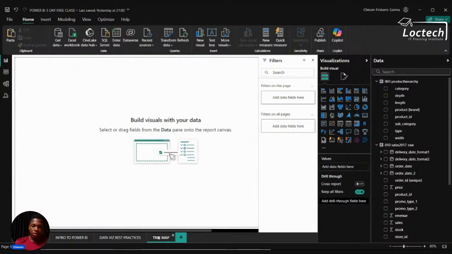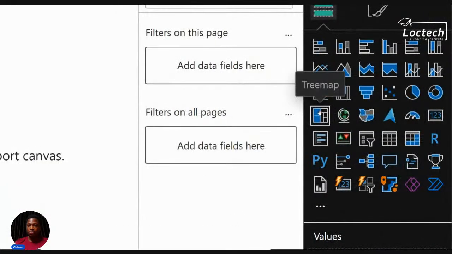Then we'll go for the break. I want to show you what the chart looks like in the next page. So, tree map, I'm going to just click on it here. This is the icon for it. So to click on it,